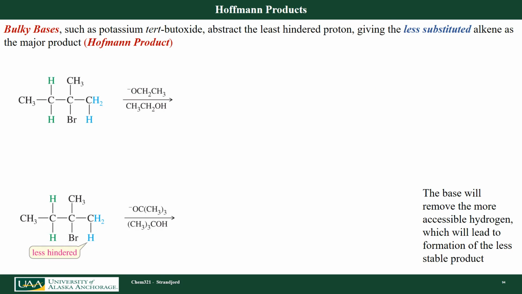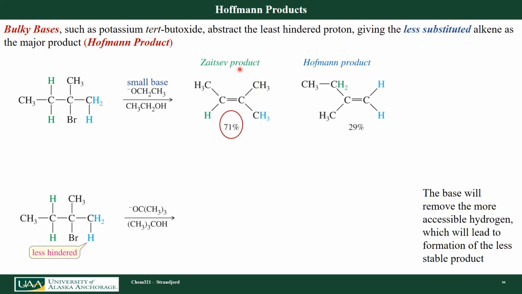There are a few things that I can do to actually alter my product mix in an E2 reaction. One of them is actually changing the base. So if I look at this reagent right here, my alkyl halide, I can either abstract these two green hydrogens or I can abstract any one of these blue hydrogens here. And this right here is actually a very small base. So it can either abstract any of those, and it's going to abstract the green ones preferentially because it forms the Zaitsev product. We often call this non-Zaitsev product the Hofmann product because Hofmann, he actually did a series of